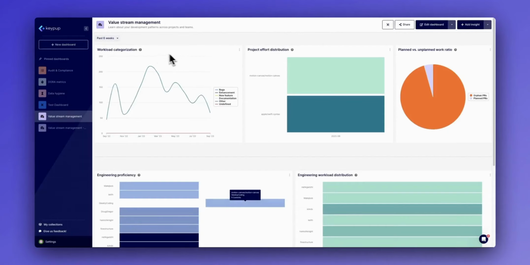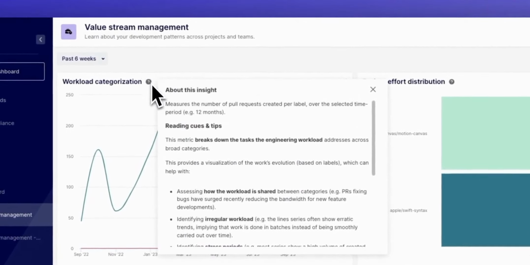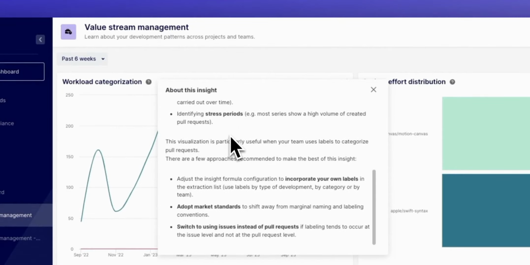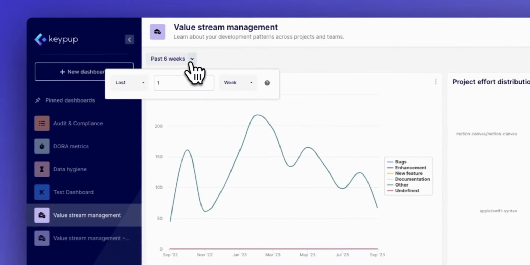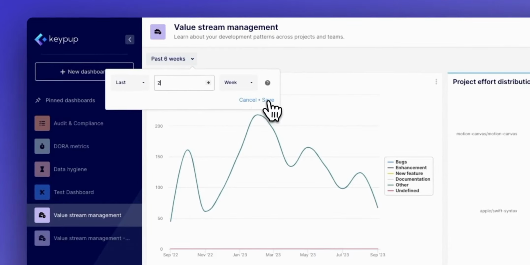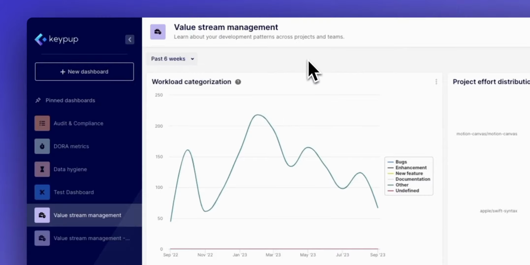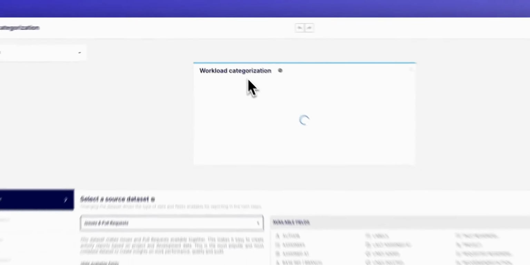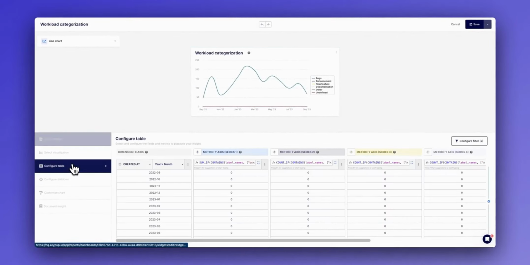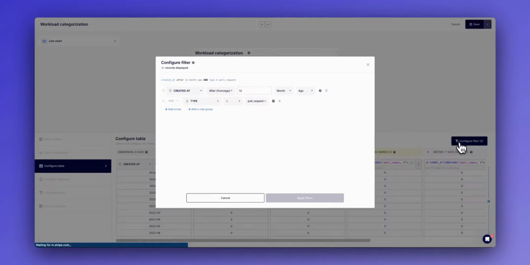First, let's look at the value stream workload categorization chart. This metric breaks down tasks across broad categories based on pull request labels. It allows you to assess how workload is shared, identify irregular trends, and pinpoint stress periods. By leveraging this visualization, you can optimize workload distribution, improve team efficiency, and ensure that development efforts align with business